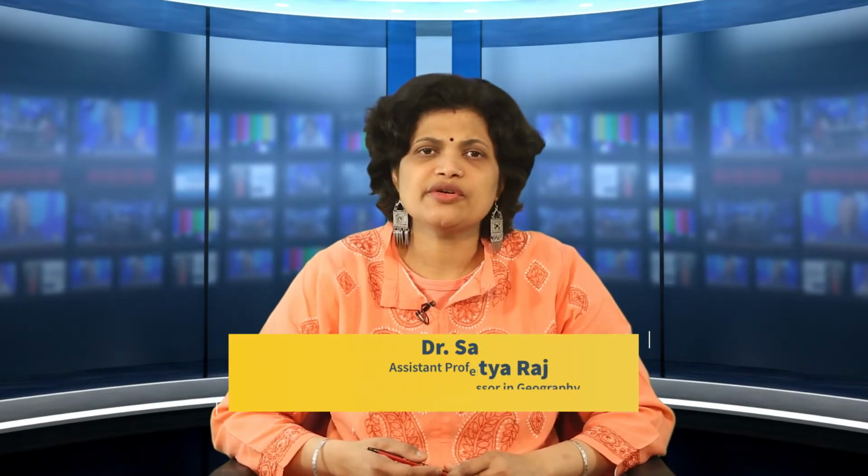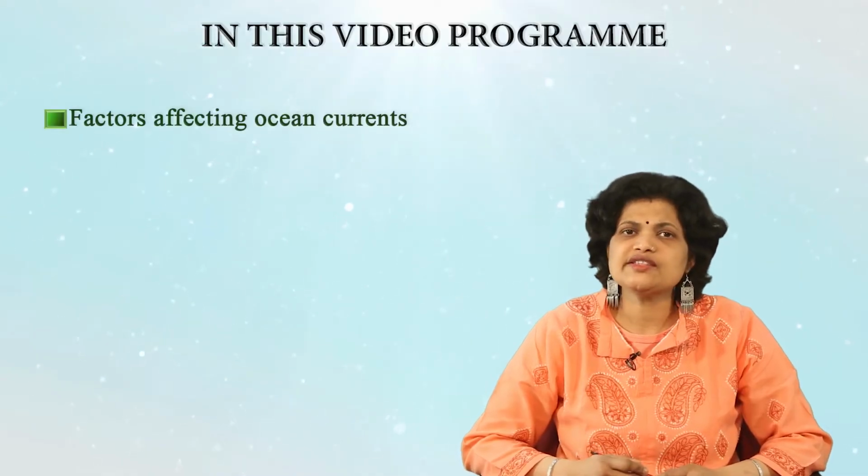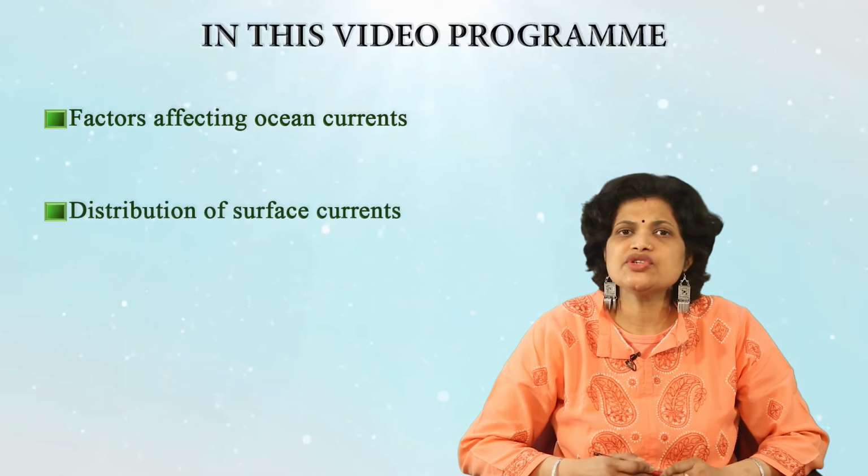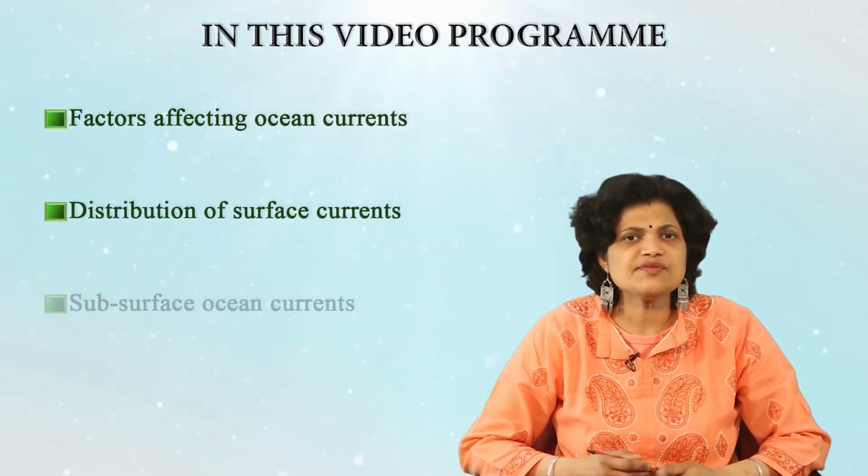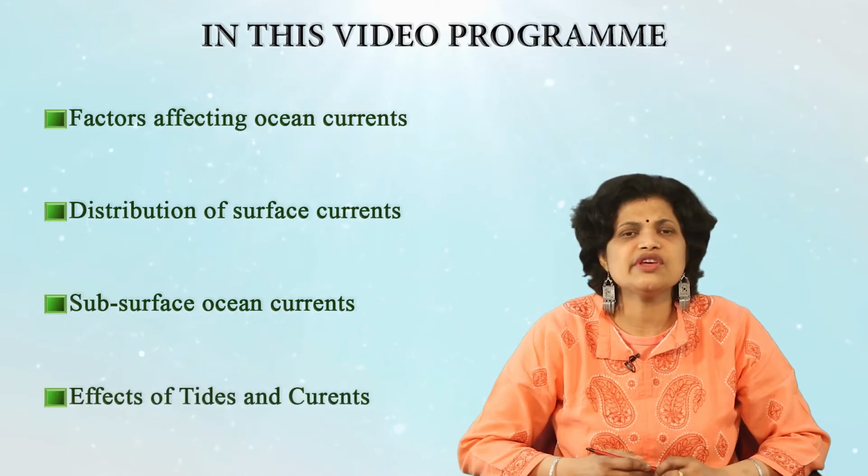In the previous video program, you studied ocean circulations in the form of tides, and you had a general introduction to different forms of oceanic circulations like waves, currents and tides. You learnt the details of different types of tides and the factors related to their origin. You studied different theories related to the origin of tides, and in this video program you will study the factors affecting ocean currents, distribution of the surface ocean currents, subsurface ocean currents and also the effects of tides